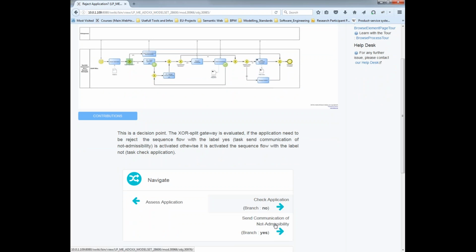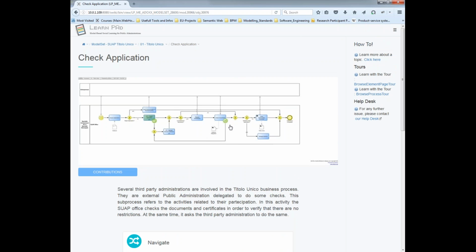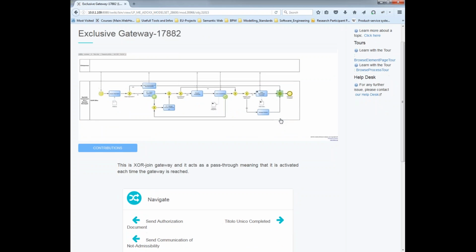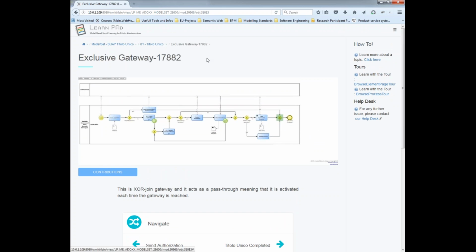As you see here, there is a decision. You can go through that. Also, you can click like that on the process, and you can jump into the processes and so on. Let's jump to the end of the process, and I see that there is also the XOR decision. But as learner, I see there is an ambiguous name for this exclusive gateway, and I don't know what